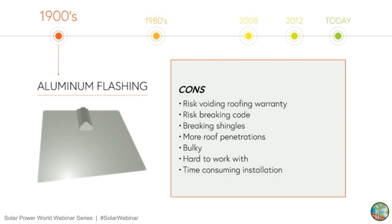Aluminum flashing is also secured by nailing the flashing down onto the roof, which of course creates more penetration. Here at Solar Roof Hook, we take the philosophy of less penetrations means less leaks. When shingles become decayed over time or brittle in colder climates, having more penetrations on that roof becomes a